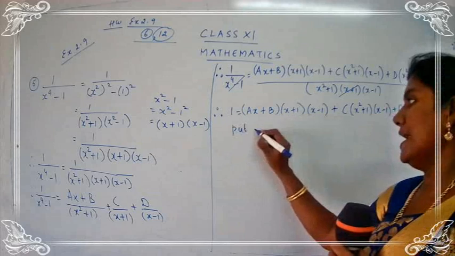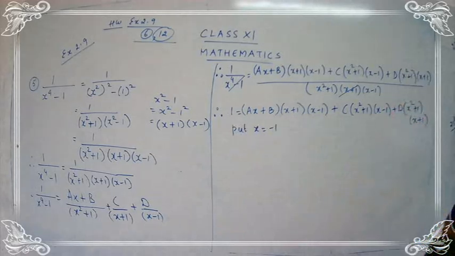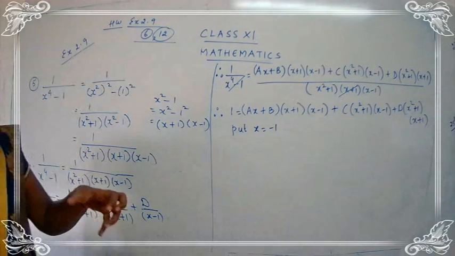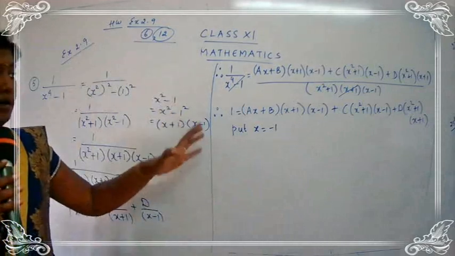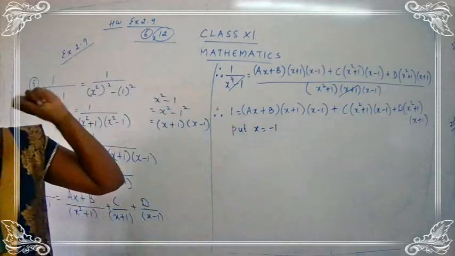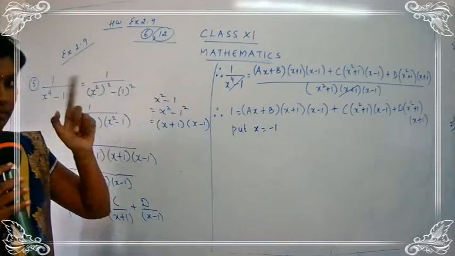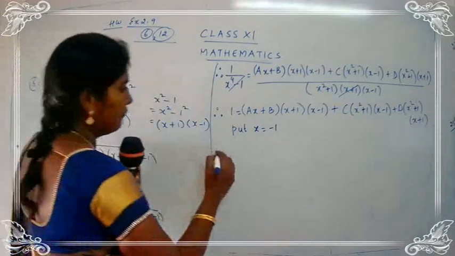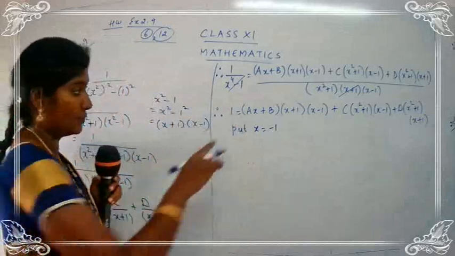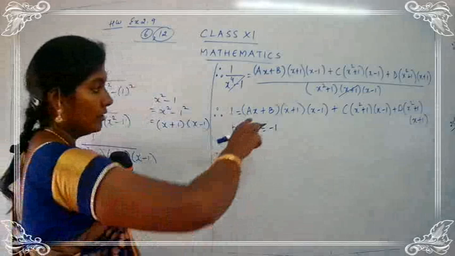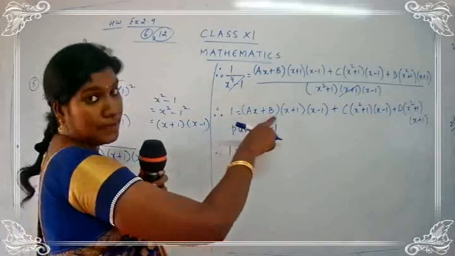Put x is equal to minus 1. So what do you get when you put x is equal to minus 1? Let us go for the terms. I am going to do directly. You also go on doing directly, because if you just go on substituting, it will be very confusing. So try to do that mentally, okay? Therefore, wherever you have x, you have to put there minus 1. Are you getting my point?